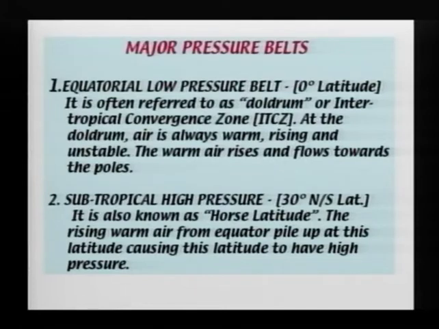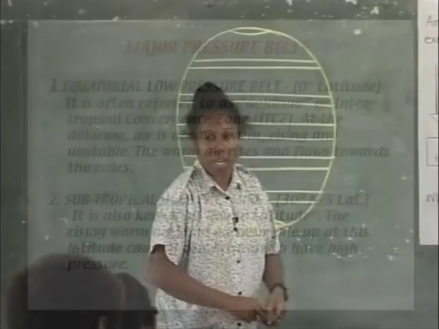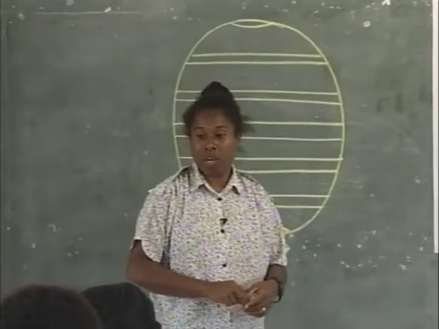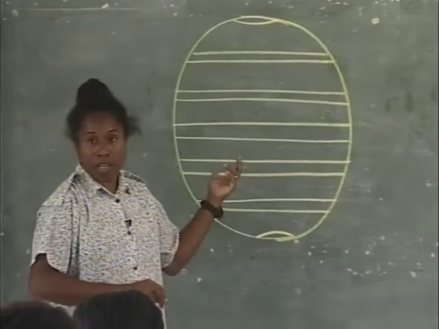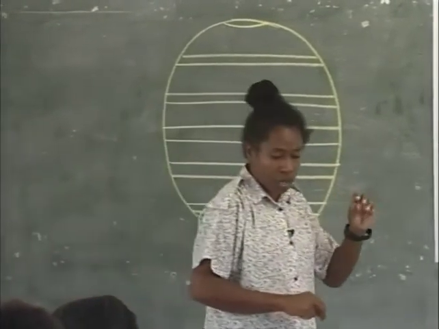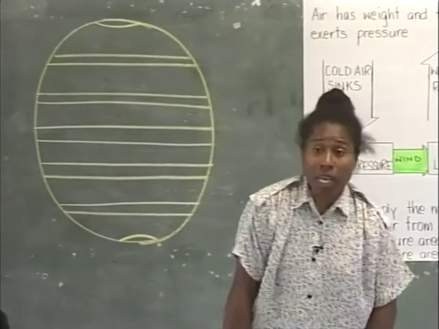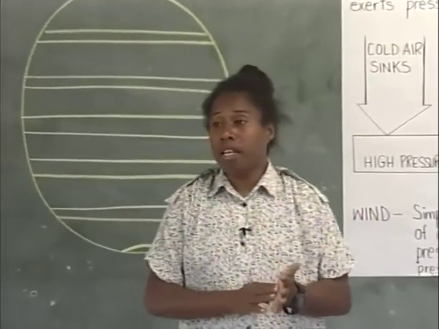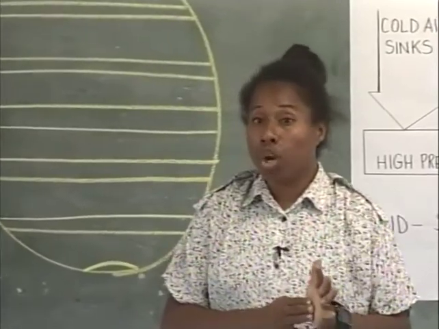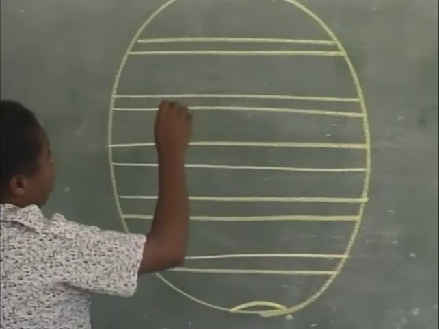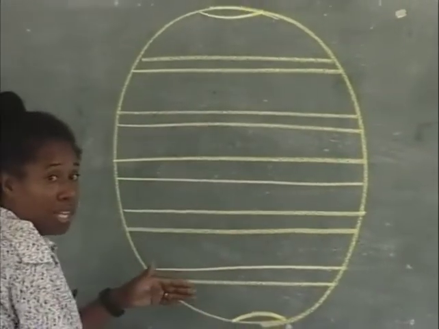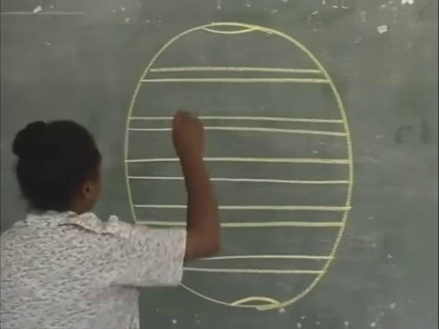I'm going to look now at the major pressure belts, and then I will leave you with an activity to be completed for your homework. Your activity will be basically a construction of the globe in a circular format, and then to put in the major pressure belts around the world. We look at pressure. Pressure can be seen on a local scale, and can also be studied on a global scale. On a global scale, this diagram here might be a suitable diagram to illustrate the major pressure belts around the world.